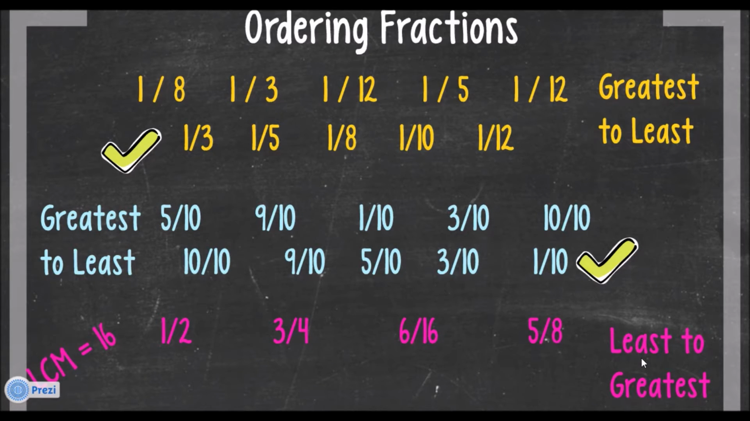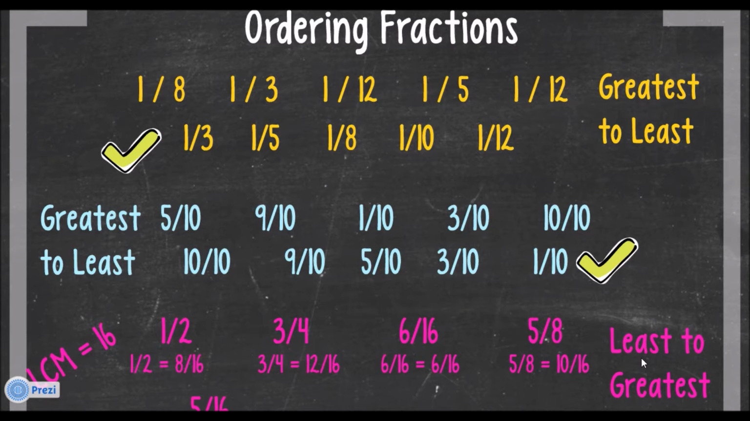And I'm going to give you a hint. The LCM is 16. Go ahead and pause and try to do it on your own. Alright, so when we do that, guys, what we get is 1/2 equals 8/16, 3/4 equals 12/16, 6/16 equals 6/16, because I didn't have to multiply that one, and 5/8 equals 10/16. Putting them in order, it would be